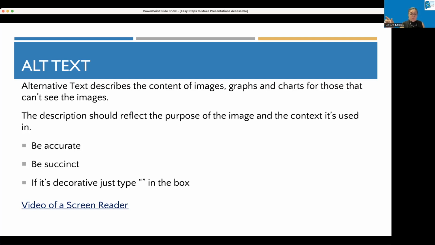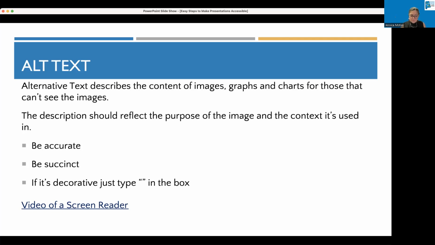Maybe if there's a little cartoon bubble that shows that he's typing a story about a little fish in the goldfish bowl. So really it's about being accurate, being succinct. And if it's just decorative, if it's just a cute little cat typing on a keyboard, and it really isn't doing anything else, you can always just type in double quotation marks in that box.